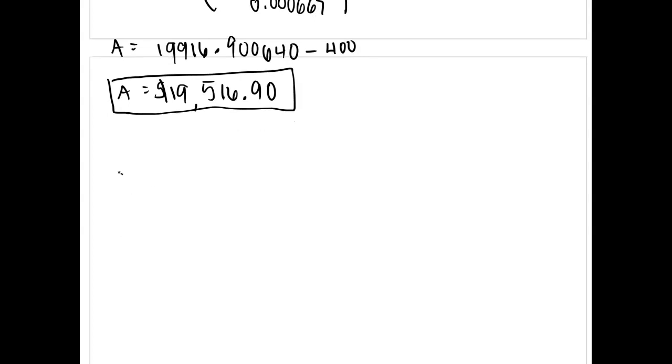Now, a quick check I like to do is I will say, okay, the regular payment was $400, and I made 48 of those regular payments. So altogether, I had $19,200 invested in this account over the length of the account. Now, the future value of the account is $19,500. So this quick check just shows me that my future value of $19,516.90 is feasible, right? It makes sense that with a principal of $19,200, I would have about $300 of interest